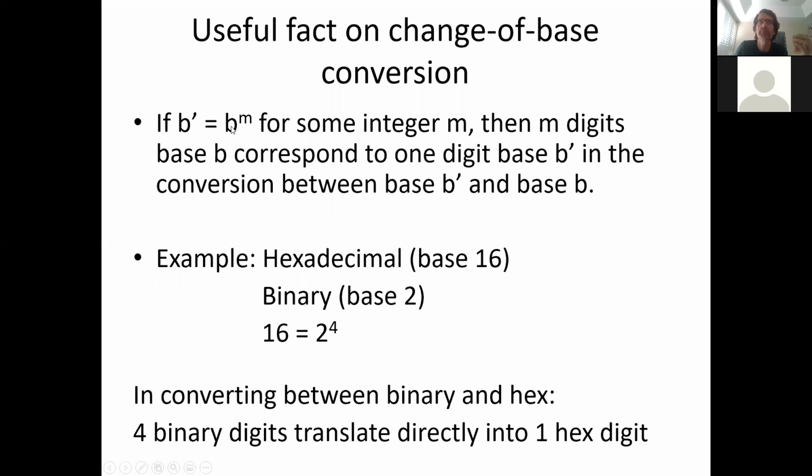If you have a base and you want to represent it in a different base, but that new base is actually a power of the base you start from, then the whole thing becomes much faster. The flagship example is a relation between representing numbers in binary and representing numbers in hex, base 16. The two bases are related by this relation, right? 16 is 2 to the 4th. That means that every chunk of 4 digits base 2 corresponds to a single digit base 16. Okay, and if you have some other bases, this will work as well, but that's the most immediately